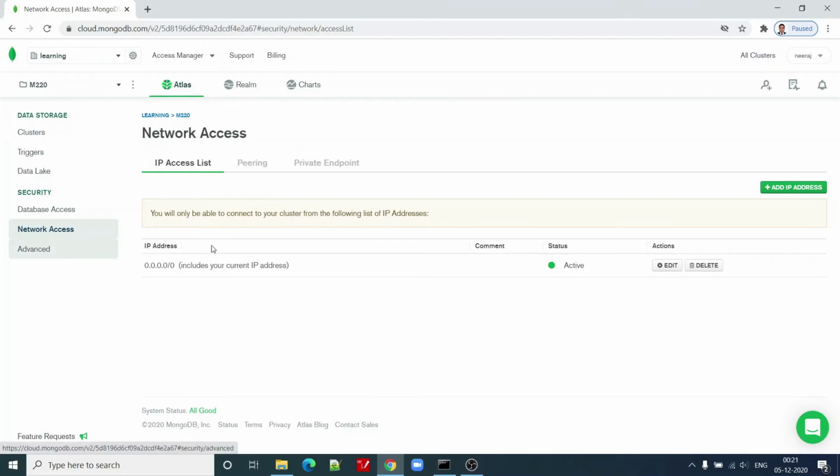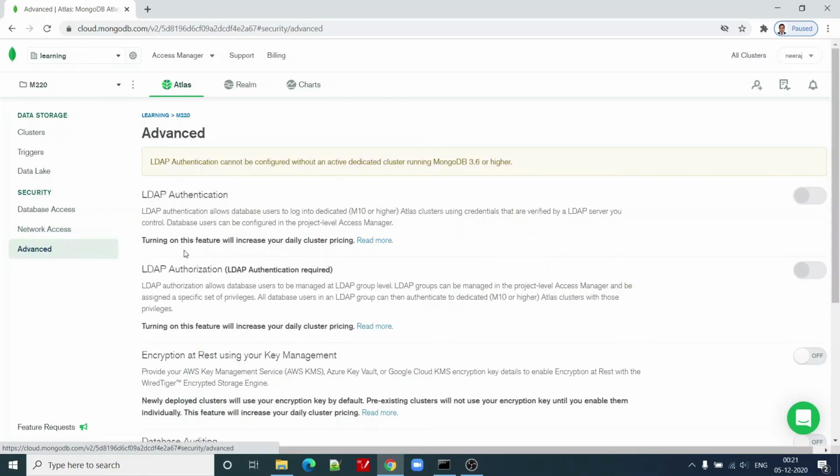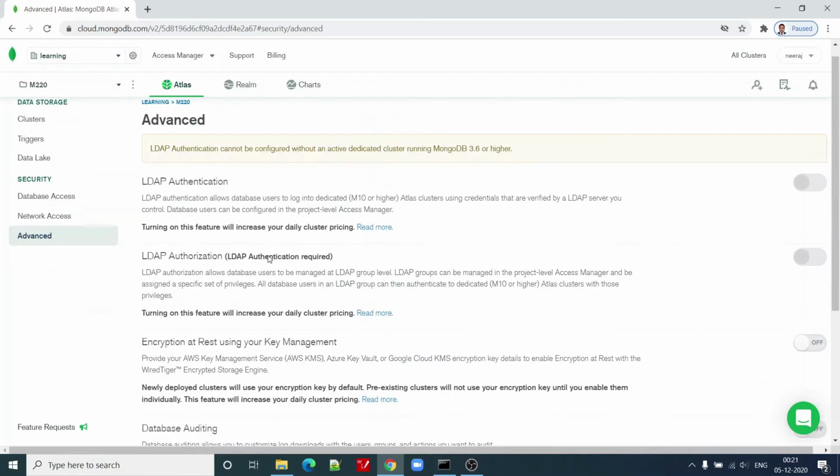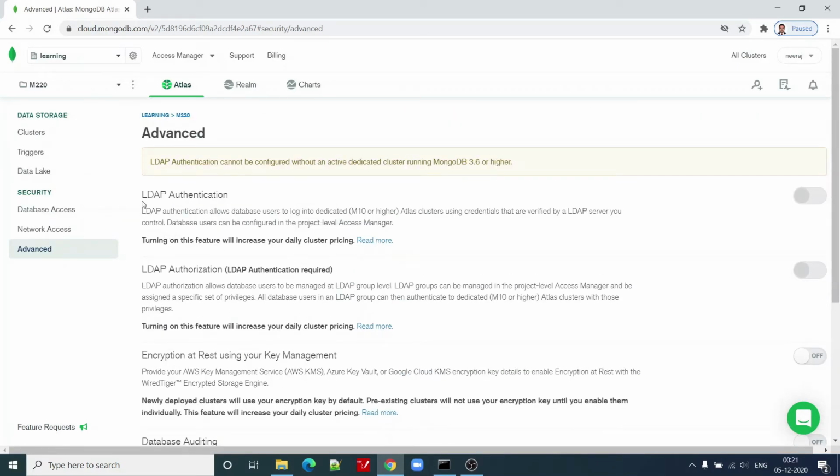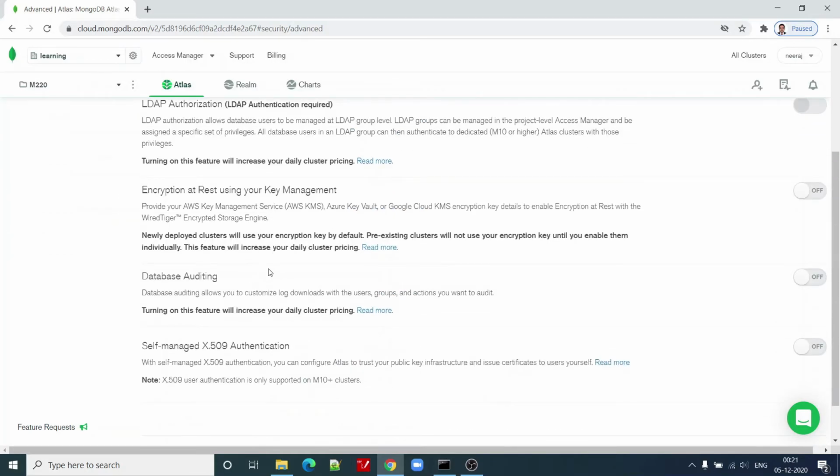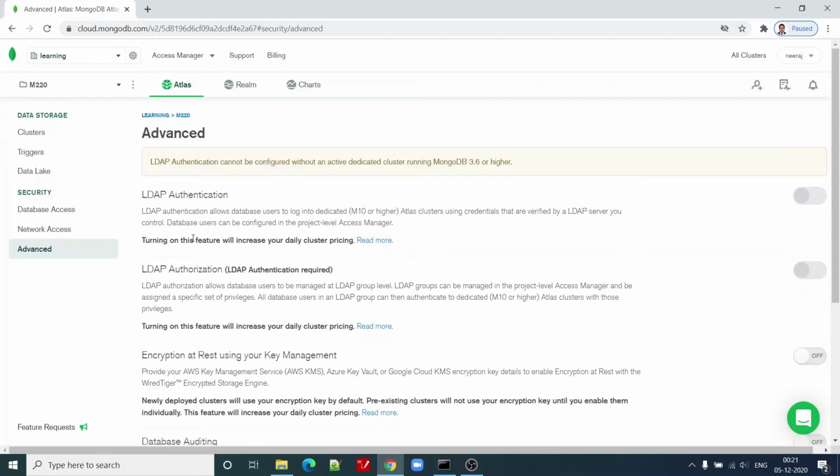All these things can be restricted or allowed from this particular interface. Then advanced integration includes LDAP authentication based upon directory level, right? Those kinds of things can be done from here.